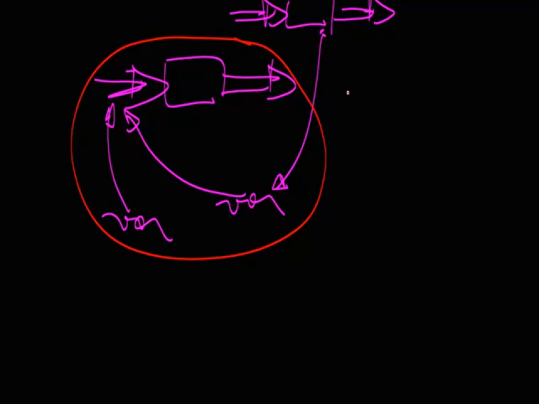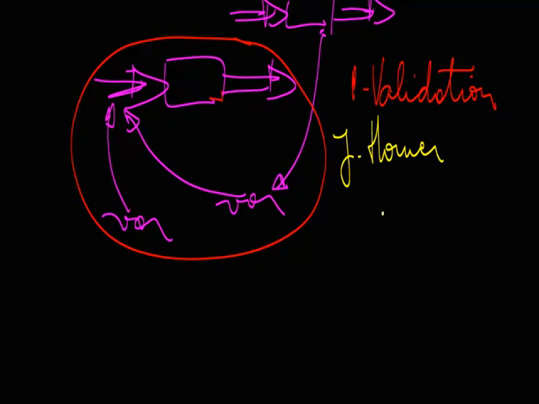Now, why would you like to do that? Well, there are many different reasons. One reason has to do with model validation, meaning you validate one sector of the model if you have data on that sector to know exactly how that sector behaves. So the classical example is from a classical paper from Jack Homer,